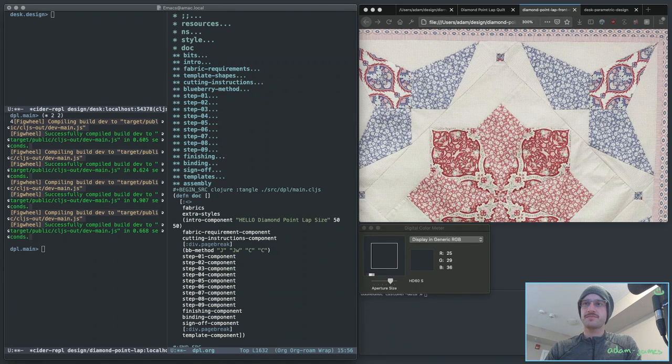Fabrics. Yeah, that doesn't sound right. Yeah, I really, so